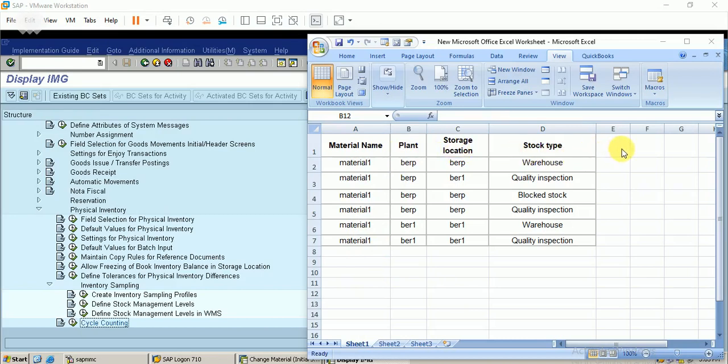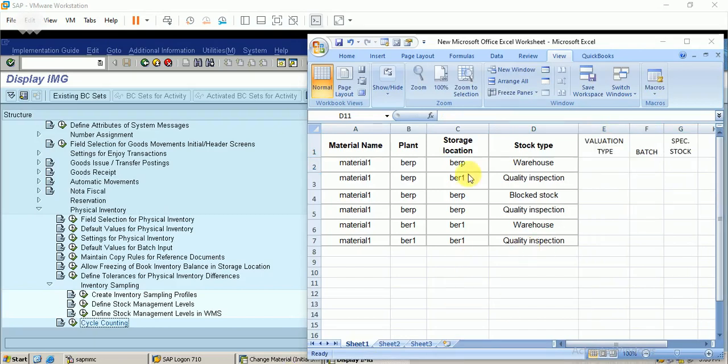I have not included, I just include here the valuation type, the batch, and the special stock. So based on this, the material can have different stock management units.